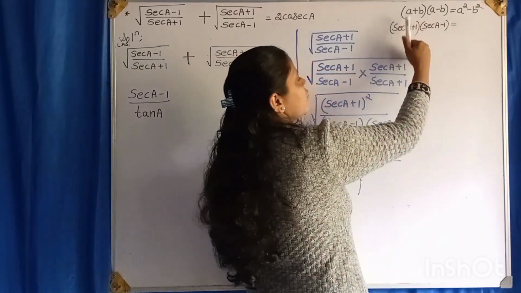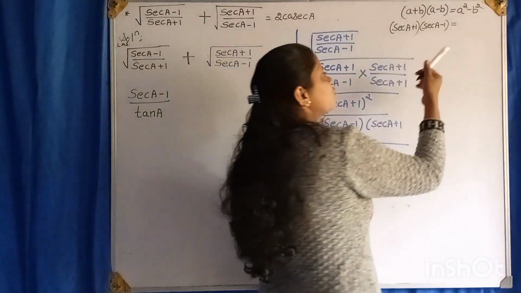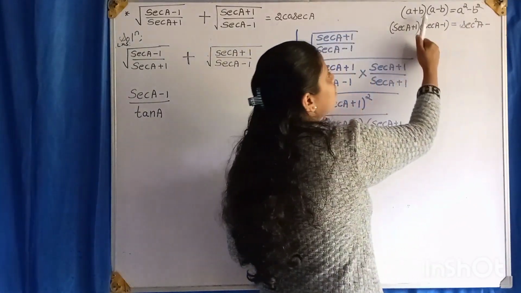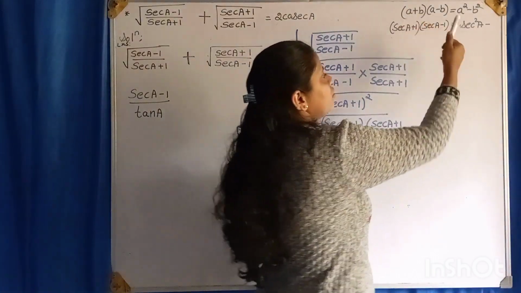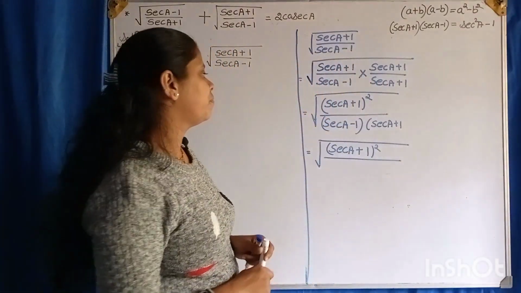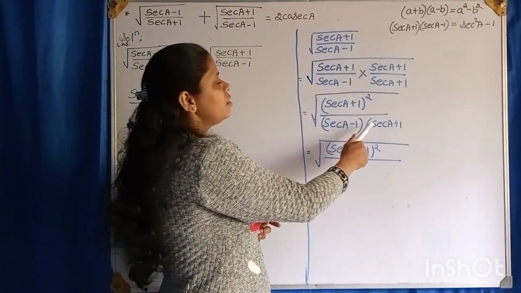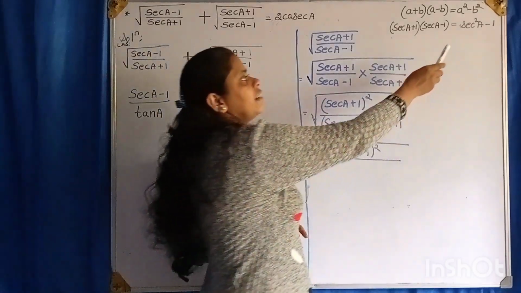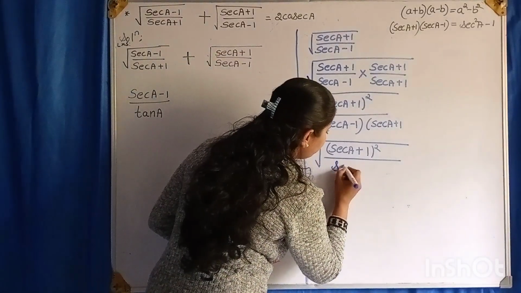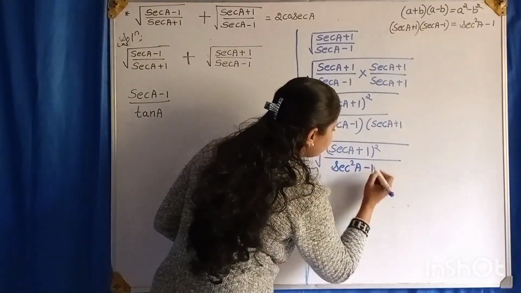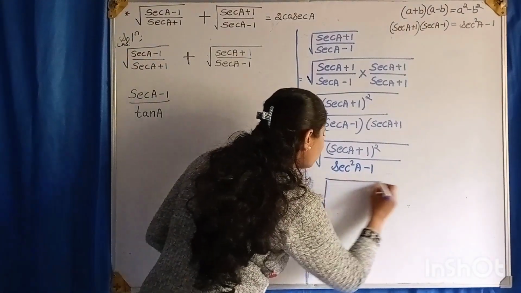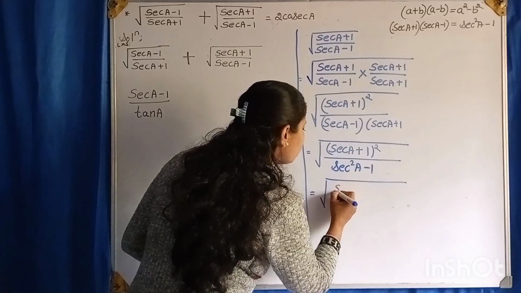In the place of A, we have secant A, therefore A square will become secant square A, minus, in the place of B we have 1, therefore B square will become 1. So secant A minus 1 into secant A plus 1 is secant square A minus 1. Okay? It is equal to square root of secant A plus 1 the whole square